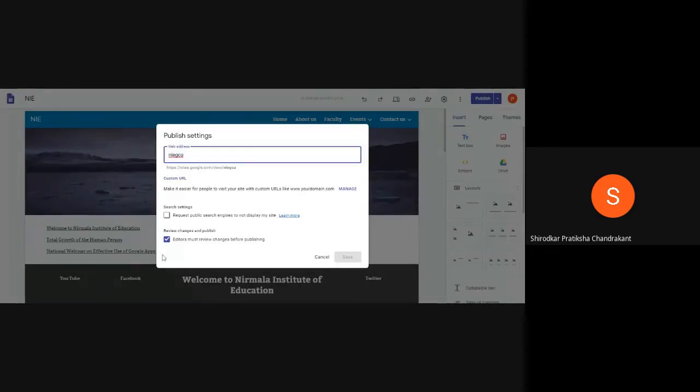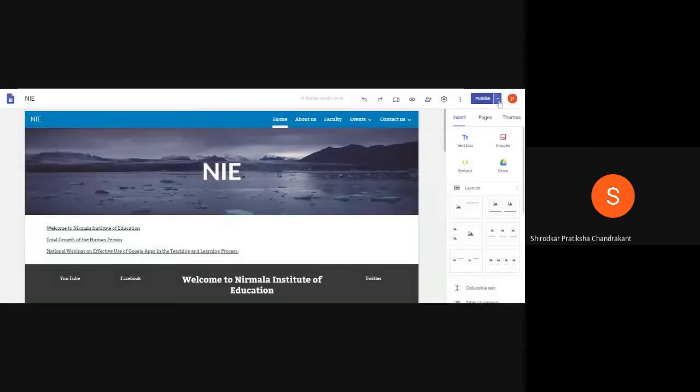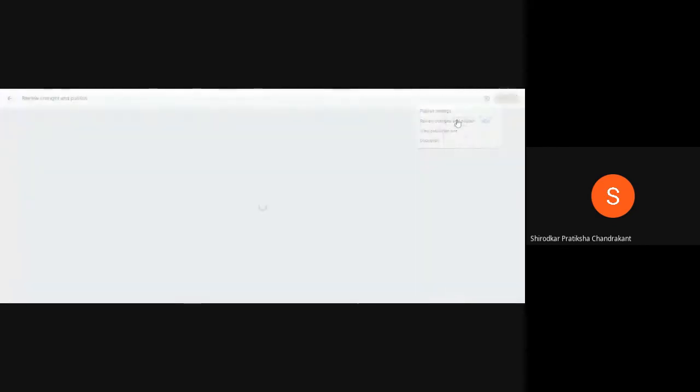All the changes that we just did before publishing the site, you can do in the first option in the drop down menu. The second option is review changes and publish. Suppose for the first year you have created a website and added the content associated with that particular subject. In the next year, when new students come into your college, you want to add something more to the site. When you add something more to the site, you need to go to this option to review changes and publish. Since I have not added or changed anything, I have nothing to review.